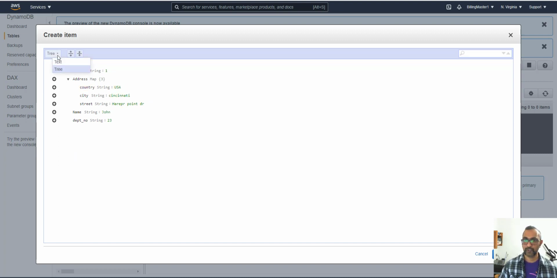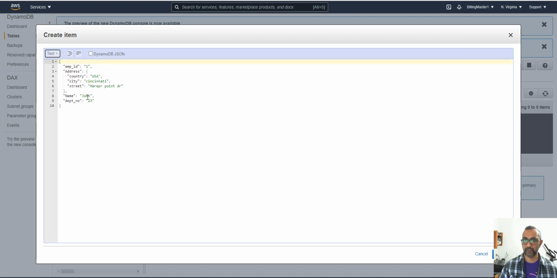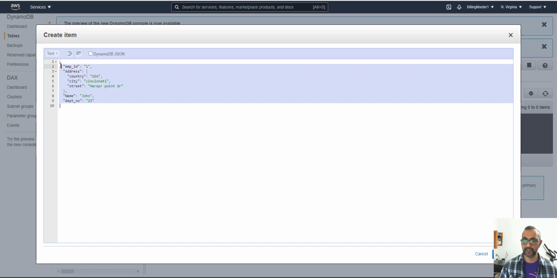So if you look at the text format of this data item, this is how exactly it looks,